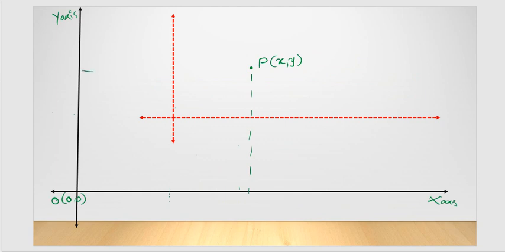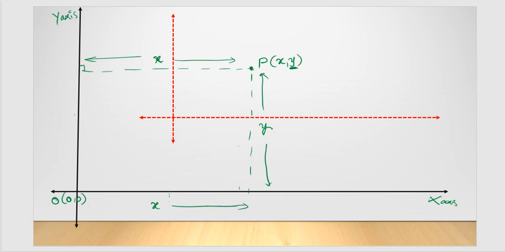So when I draw projections on the x axis and y axis of the original system, what is this particular distance? From the x axis we call this distance small y, because the distance from the point onto the x axis is nothing but the y coordinate. The same way, the distance from the point onto the y axis is nothing but the x coordinate. So this distance is x and this distance is y, right? If this is x, then this is also x.